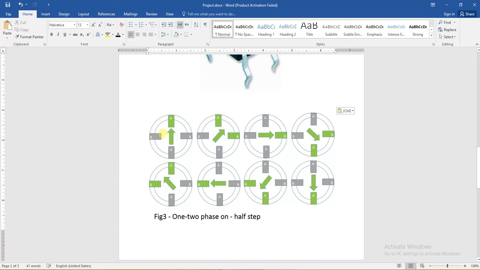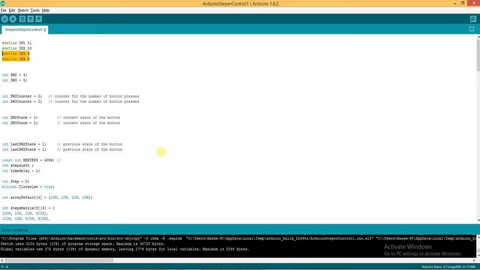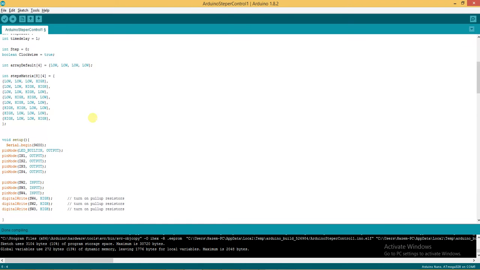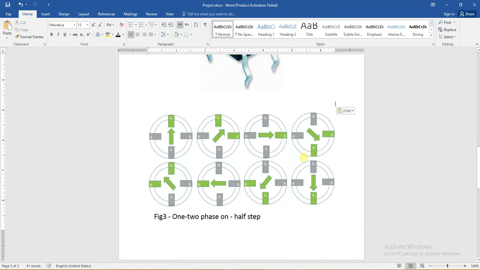So this needs 1, 2, 3, 4, 5, 6, 7, 8. This is an 8-step sequence, so I do that in the code. You can see our matrix here: low, low, low, high, this is number 1; low, low, high, high, this is number 2; and low, high, low, like that. And you can return to this figure